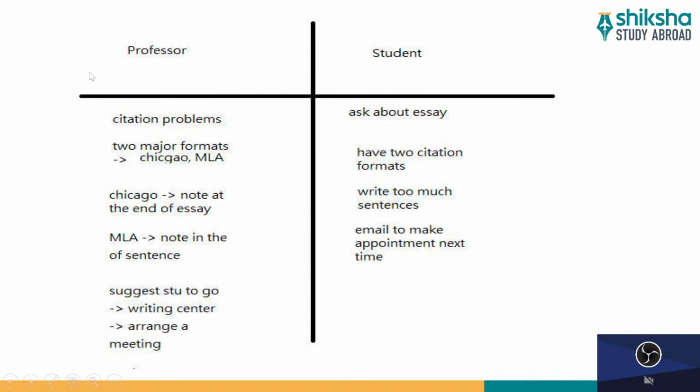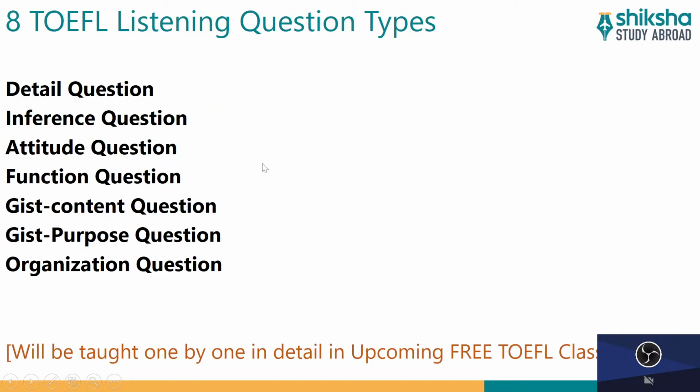So, for example, on one column you can write down professor. If there is a professor talking in the audio, then the second speaker can be student. So this is just an example to show you how you can make notes by using two columns. Now, if we talk about one of the major things in the TOEFL listening paper, there are 8